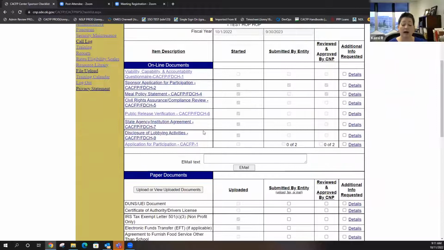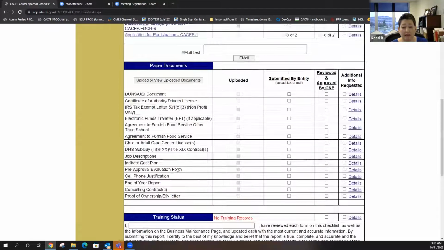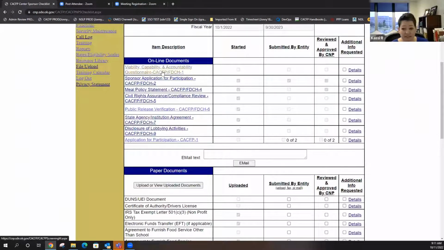If you are a school at risk, public school, and you're single-sided, you should not see a budget form on here. And you should not see the VCA form. There's a lot of things that public schools don't have to do, and we kind of streamline that process for you guys. So if you're seeing this main form and you are a public school, reach out to me after this training or right now, send me an email. I'm gonna put my email in here. Because that means we haven't gotten your application switched over.